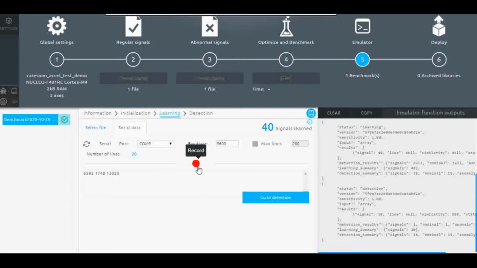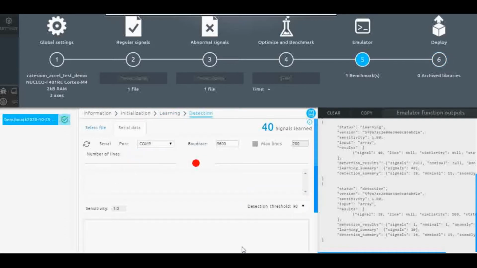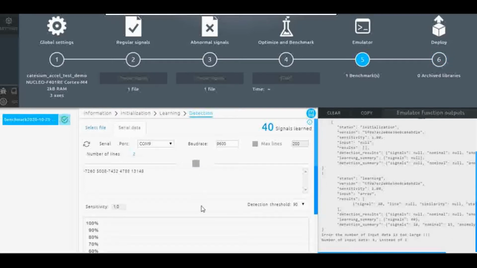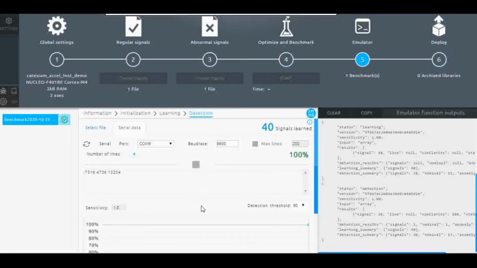Now 20 is done, and now I will go to detection, and I will start it. Now I am keeping it idle, and now I am giving it up and down. In up and down also I don't see any changes, it is 100% same as it is.